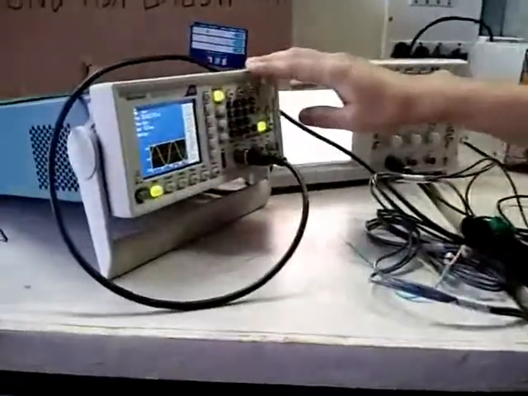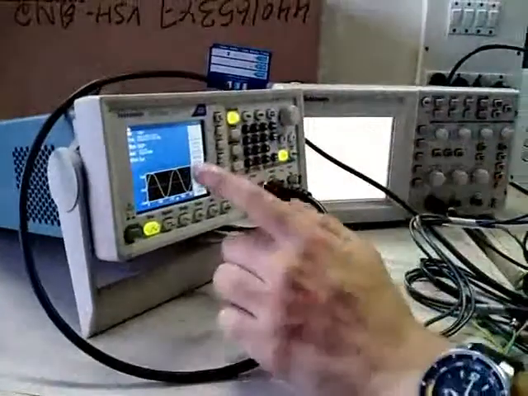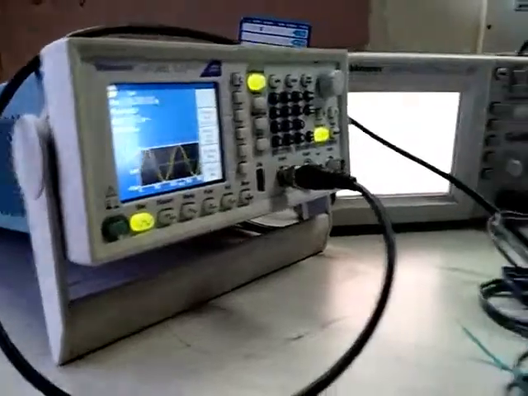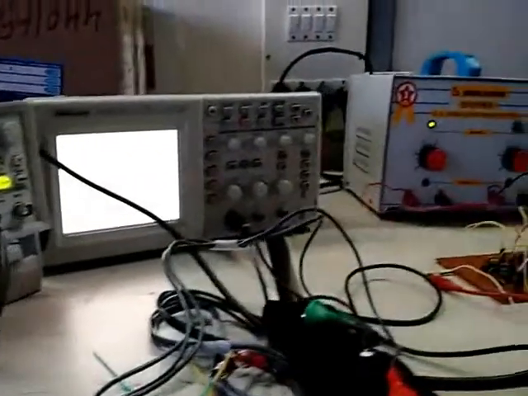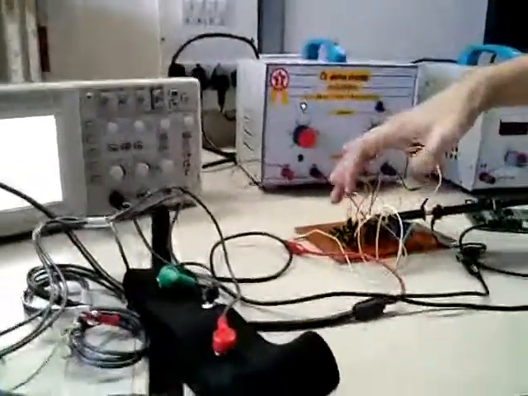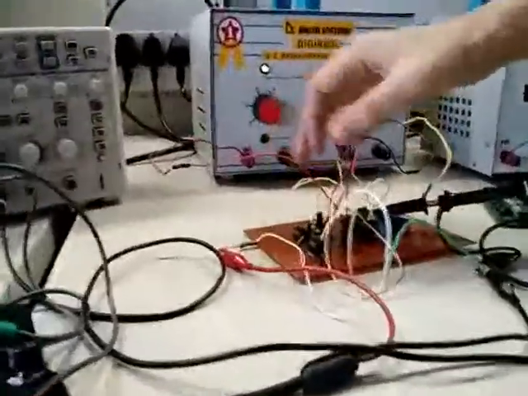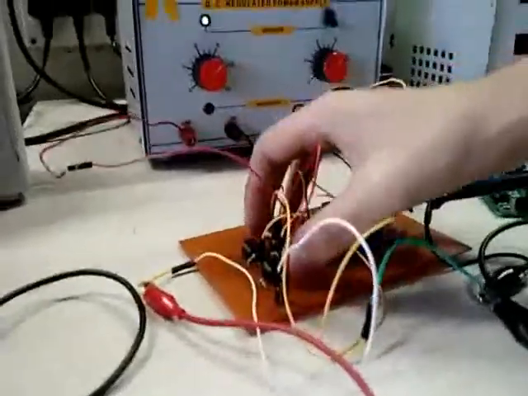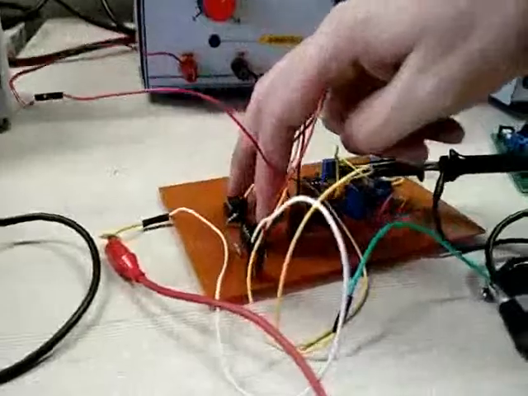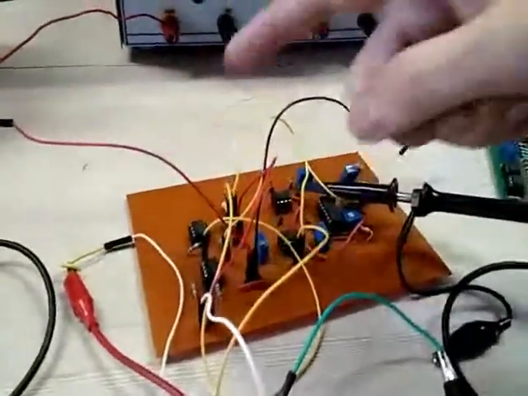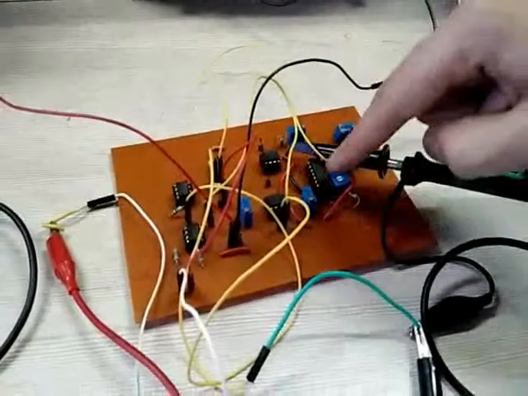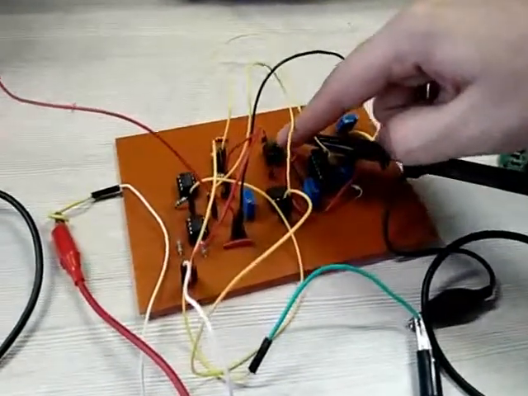this arbitrary signal generator. I've taken a 10 millivolt signal and passed it to this data acquisition system. So this has several blocks. This first block is our driven right leg DRL block. That is just used to increase our CMRR. The output of that goes to our instrumentation amplifier, notch filter, and another last stage amplifier.